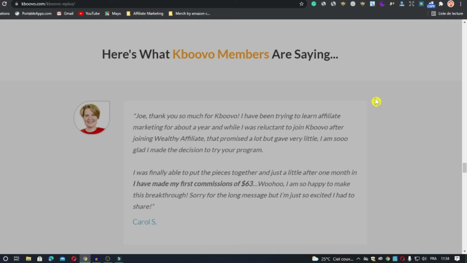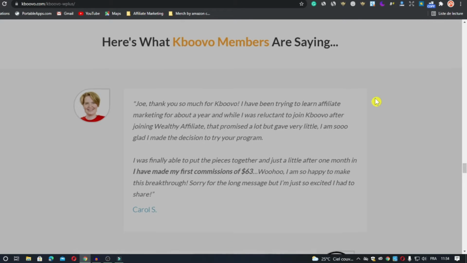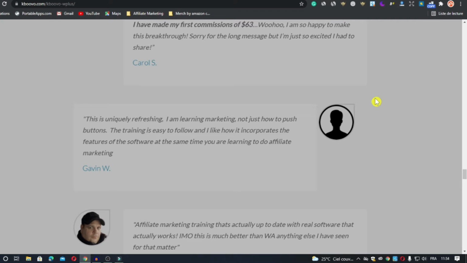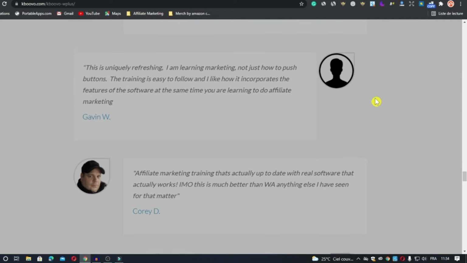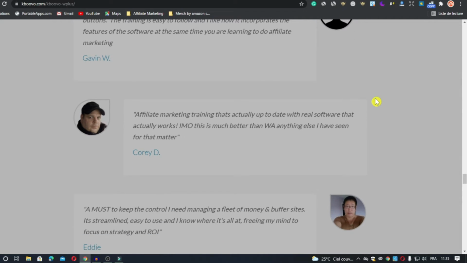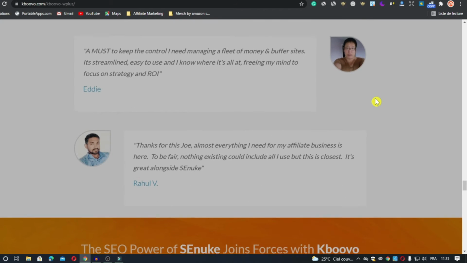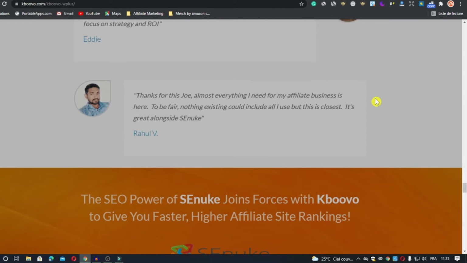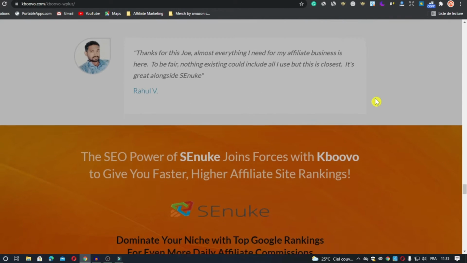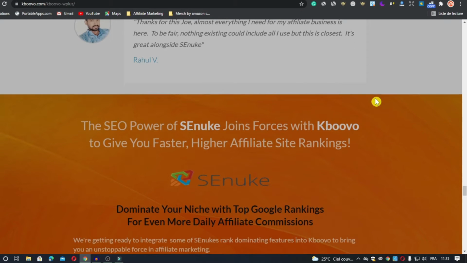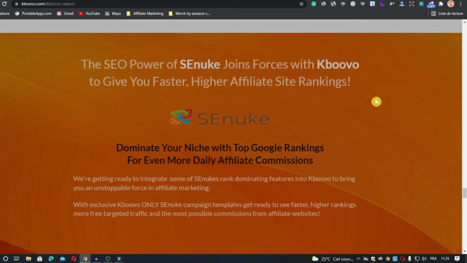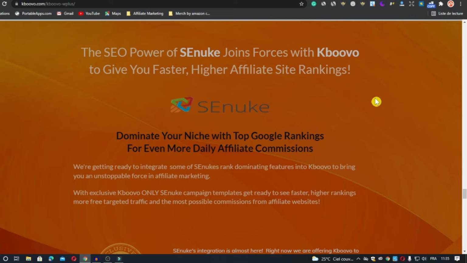So these are some features you can benefit from in Kboovo. Research and find more potential profitable keywords to tackle. Find and instantly add more related top-selling products. Add more monetization methods like Google AdSense. Monitor social media signals to maximize traffic and exposure. Create other related websites, domains to help boost the project. Create more landing pages and lead funnels.